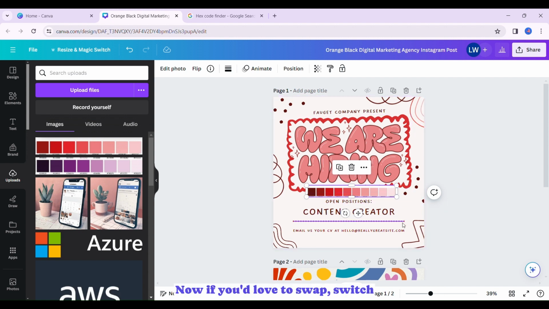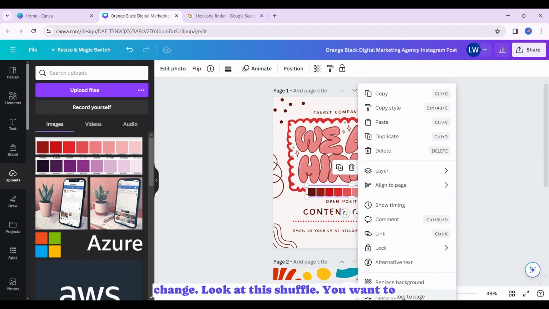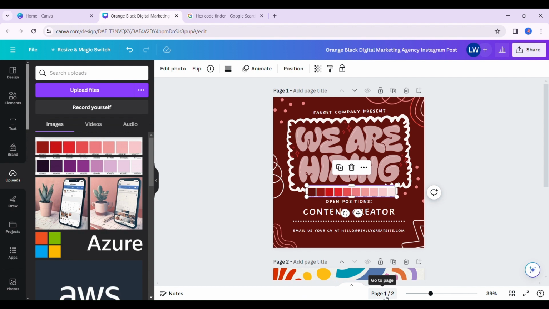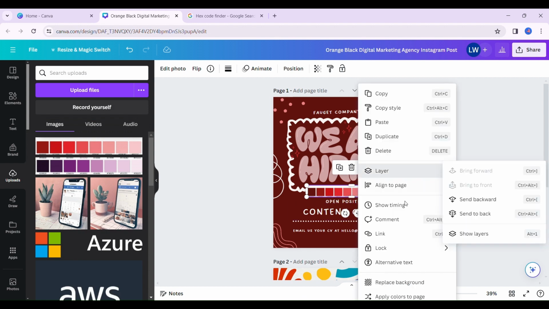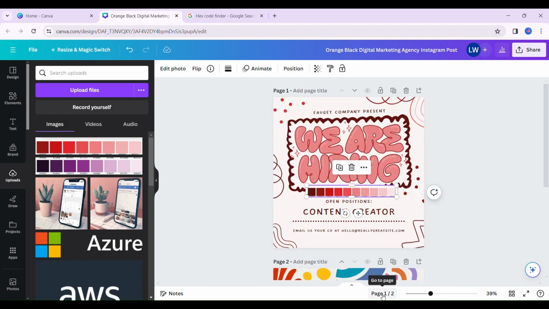Now, if you would love to switch things up and see how it's going to look different in different ways, you can just change. Look at this shuffle. You want to shuffle the colors and how it looks on the design. You can actually just tap on it. See, it looks different. Go again, tap. It's giving you different